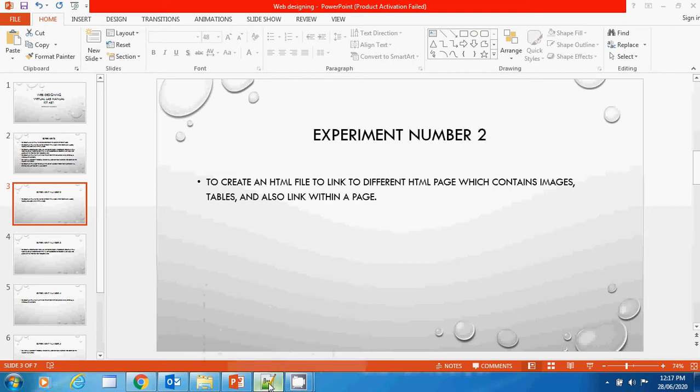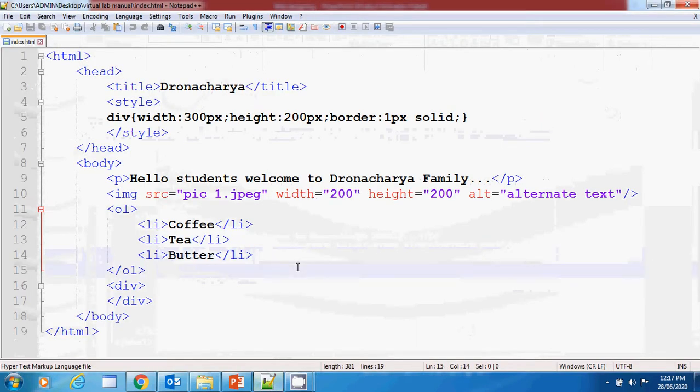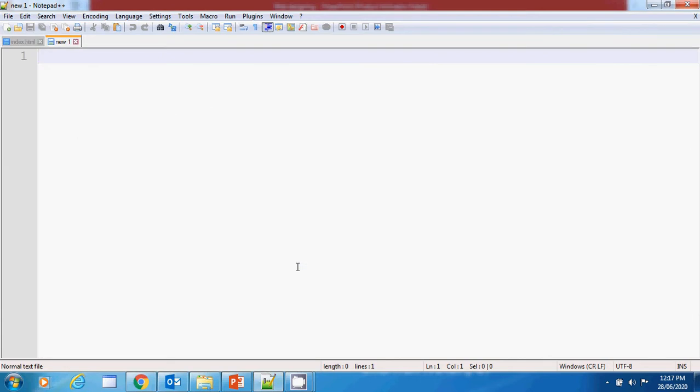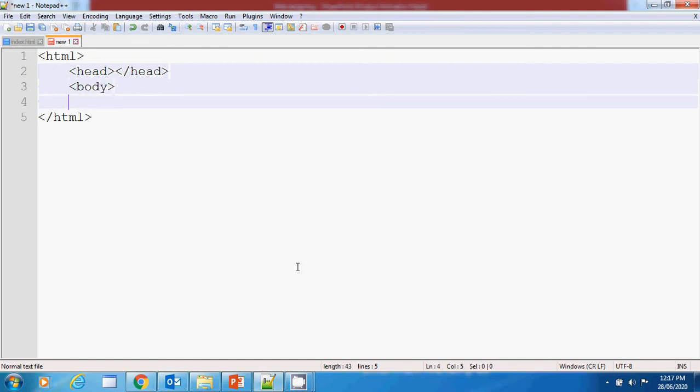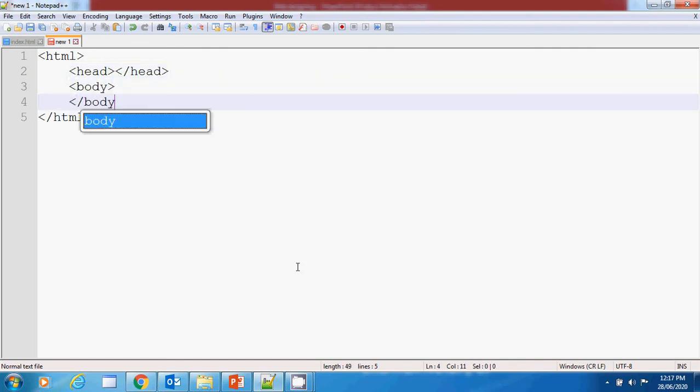So we'll open our notepad again. I'm typing the HTML tag. Inside this, the head tag is there. After that, my body section, right?